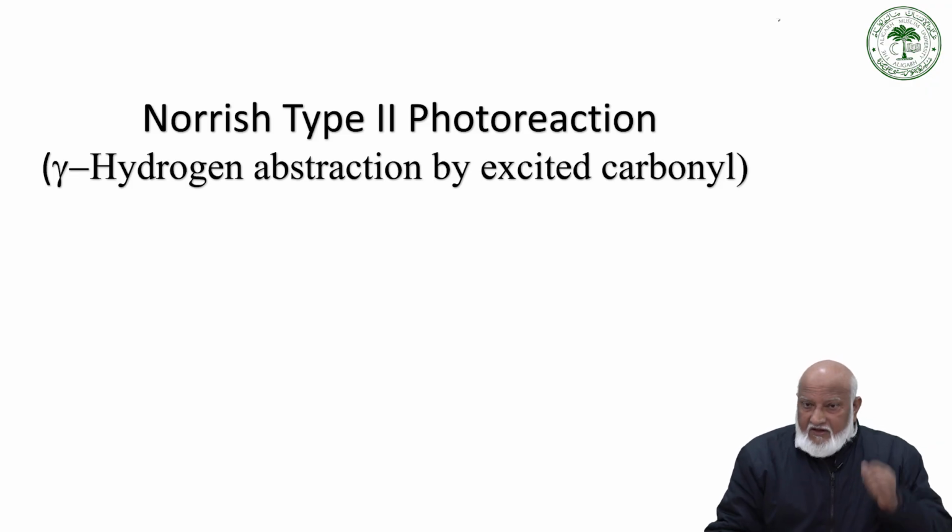Hello, this is in continuation of our lectures on photochemistry. We have been discussing for the last 2-3 lectures the type 1 photoreaction in aliphatic carbonyl compounds. We have looked into a variety of examples for type 1 reaction in alicyclic ketones, and people have also tried taking different substituents at the alpha position in alicyclic ketones to see the type of product formed,